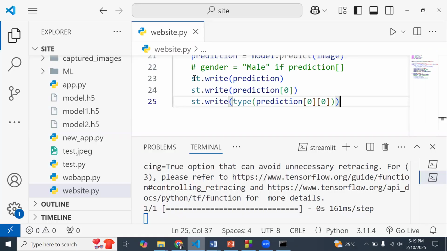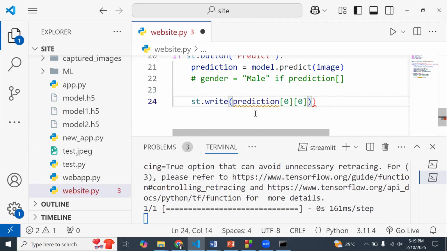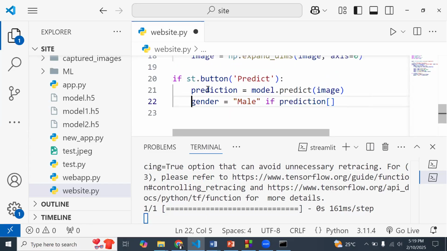Okay, so I'm going to say, if the prediction, we slice the first one, we slice the second one, and if that value is greater than or equal to, let's say, 0.5, it is male.